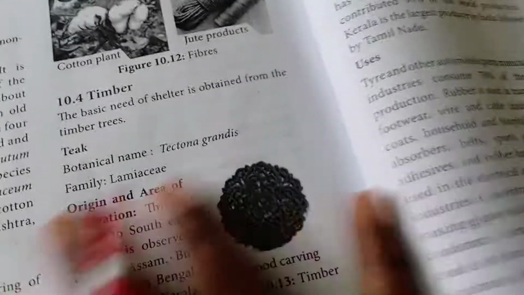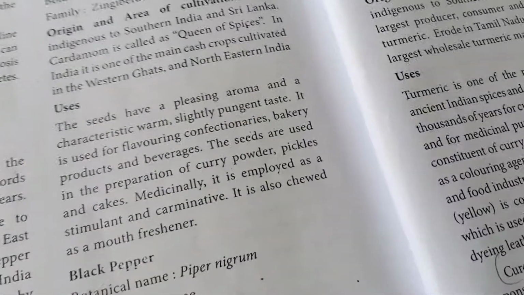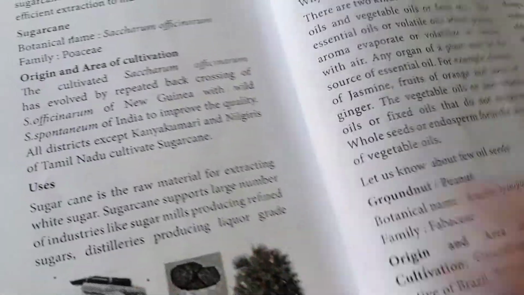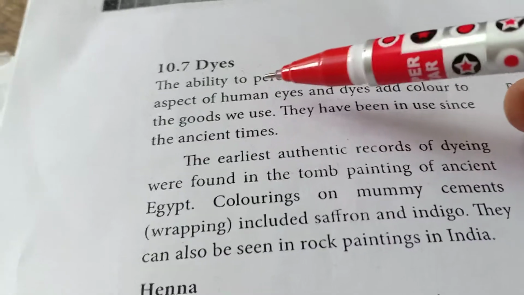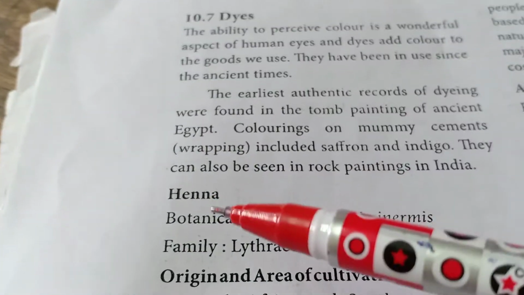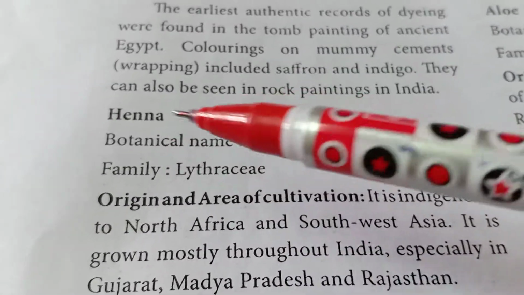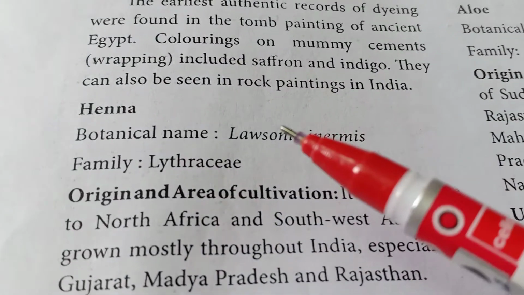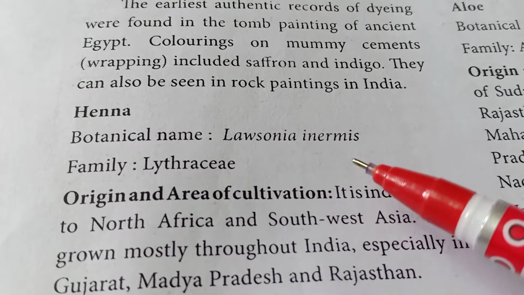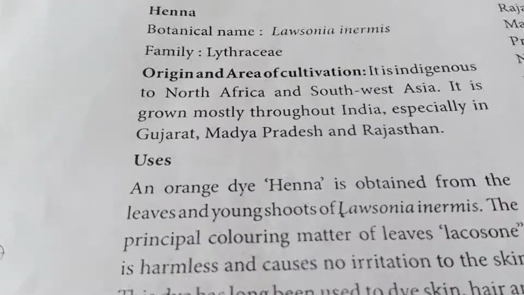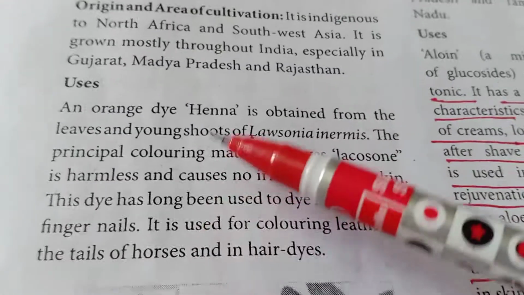The best method would be using natural dyes. Always natural products will not have any side effects. So you should recommend people to use things which are very much natural. So we'll go with the natural dye. What is a natural dye here? Henna. Henna is nothing but Marudani. Henna's botanical name is Lawsonia inermis. What will you do? I would suggest henna. That would be your first answer.